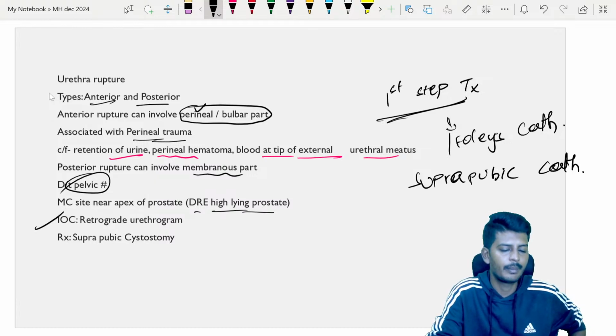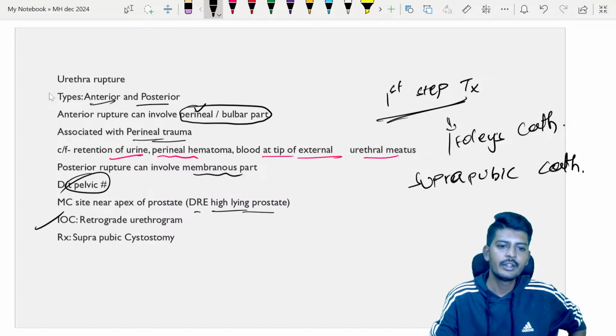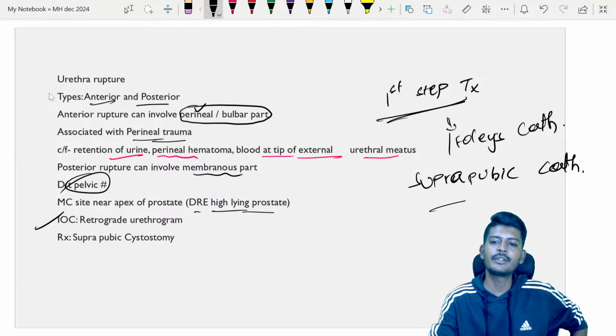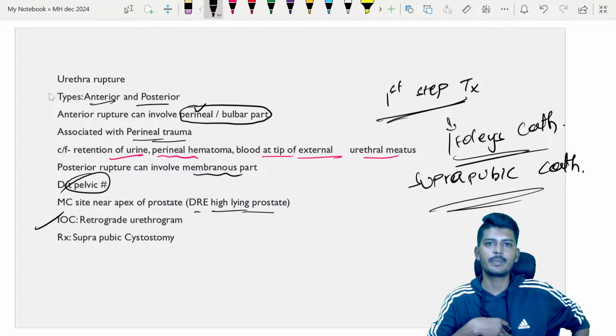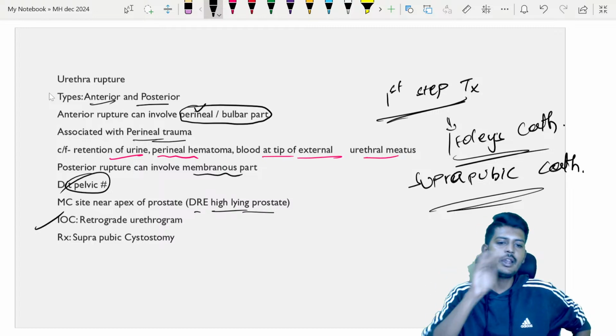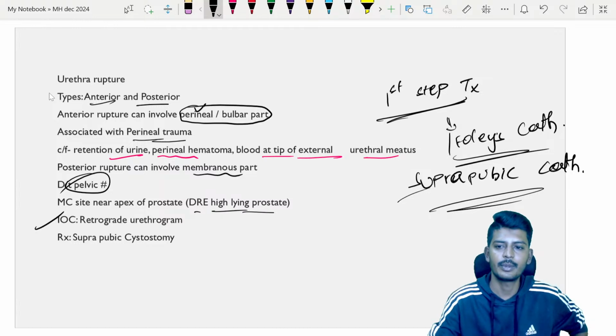Both are used. Okay, so this is the story. So the suprapubic cystostomy is later, initially Foley's only. भाई साहब ठीक है, शुरुआत Foley's करो, ठीक है. अगर मान के चलो you are doing internship, ठीक है, cystostomy करने गए, कुछ गड़बड़ हो गया तो, if something goes wrong, right? That's why first Foley's, then under the supervision of an expert you can go for suprapubic cystostomy.